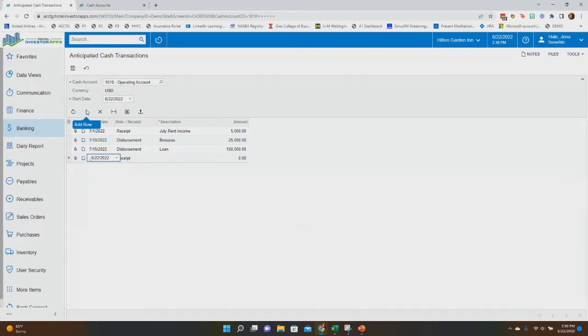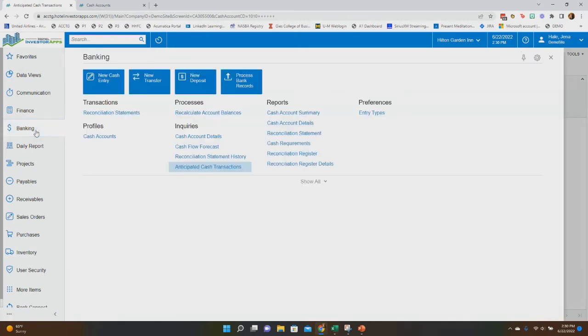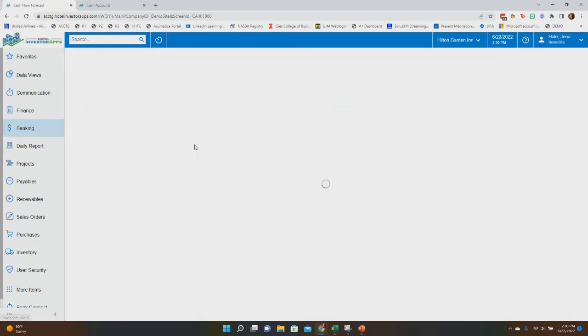They are just going to populate on your cash flow forecast so that you can get an idea for the next 30 days what that would look like. And it allows you to kind of say, well, if we did this, where would we be at? What does that anticipate? So you can put as many items as you want. And as soon as you save it, when we come back into our cash flow forecast,